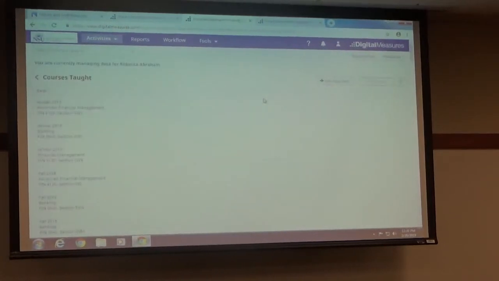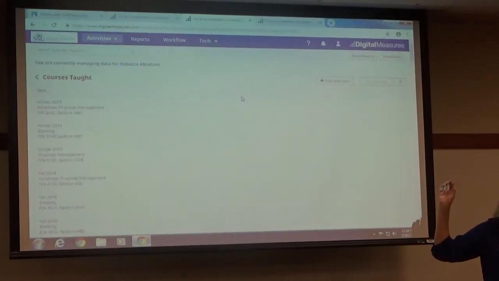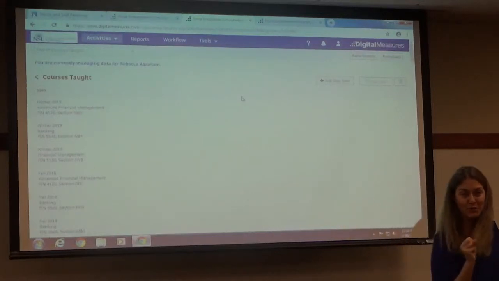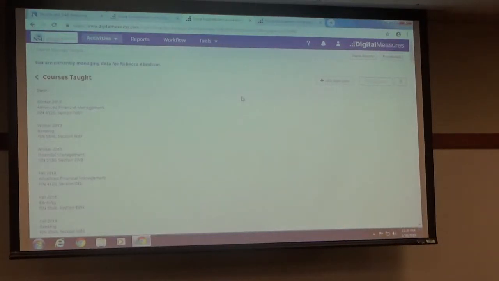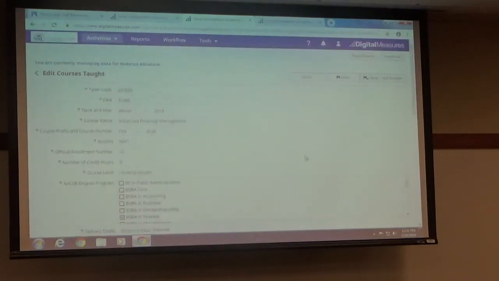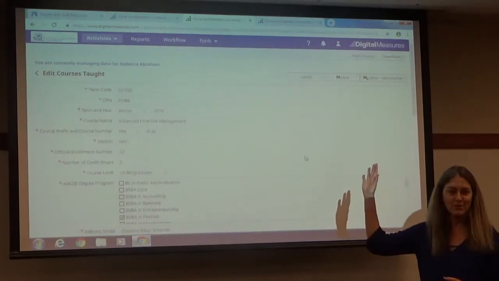Courses taught is both a very dangerous and a very exciting screen. It's dangerous because there's information in here that if you change, it's going to ruin my reports. But it's exciting because there's information in here that we don't currently have that you would probably want to add to a CV. So if we take a look here at Rebecca's 2019-30,